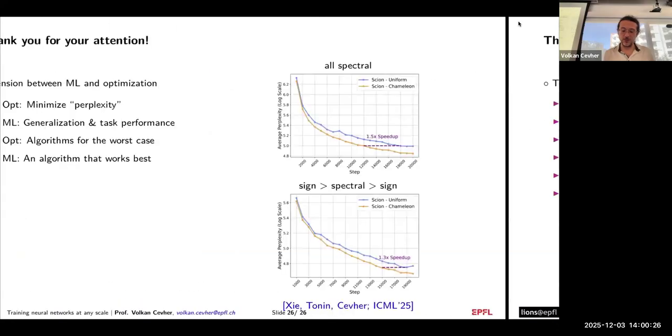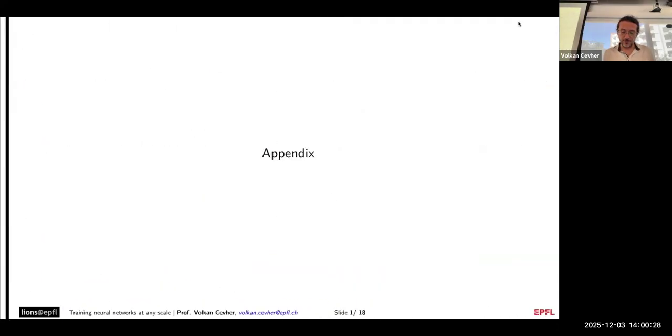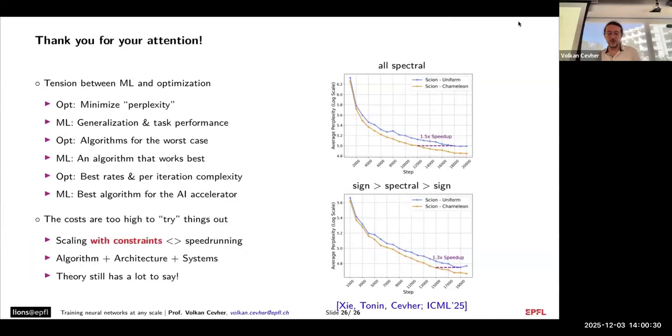All right, let's end the talk here. What I would like to say is that there is a tension between machine learning and optimization. In optimization, you're given an objective and you say, okay, my only goal is to minimize the perplexity. But machine learning doesn't care about that. It's